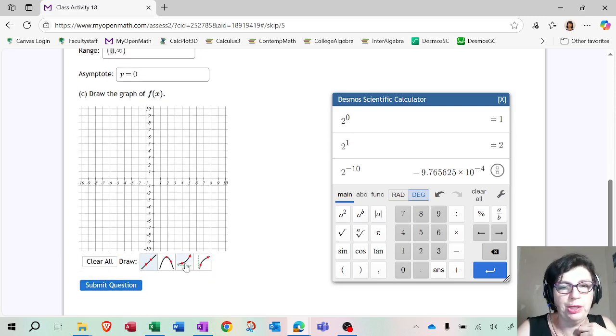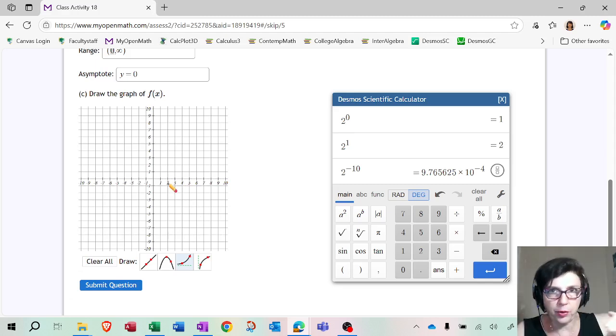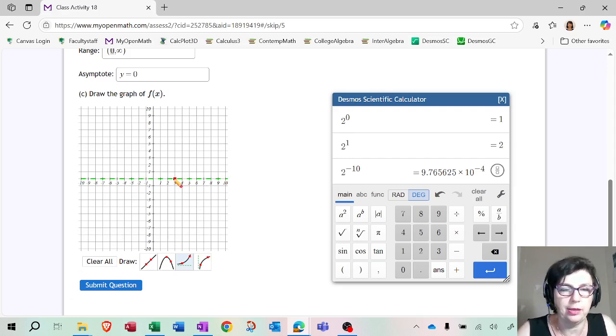So you should know in the toolbar, where is the exponential graph? It's right here. This is exponential. The first thing you need to do is just pick the asymptote, and you just need to pick 1 point. That's it. So the asymptote is y equals 0, which is the x-axis. So just click anywhere on the x-axis.